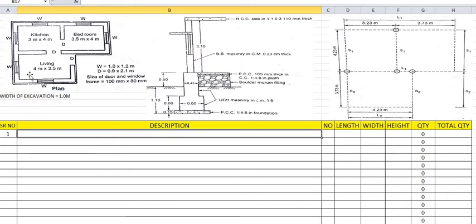Again, what is the width, what is the height of this living room? The width of the living room has been mentioned as 3.5 meters. The 3.5 meters plus again half the top width and half the bottom width. So 3.5 plus half the top and bottom, it has been mentioned as 3.5 plus 0.23, that is nothing but 3.73. So here it has been mentioned as 3.73 for this part.